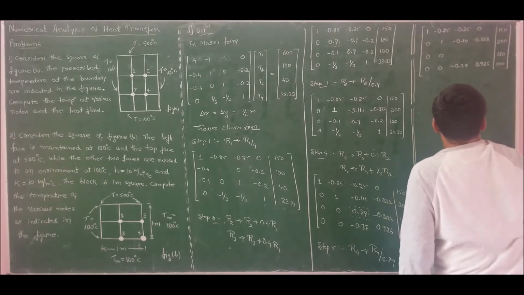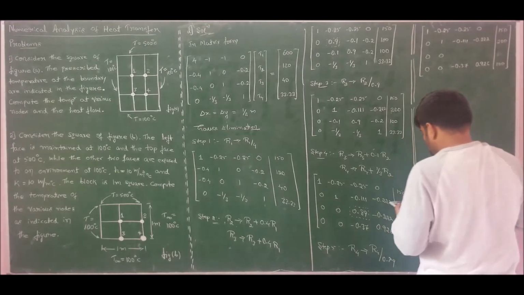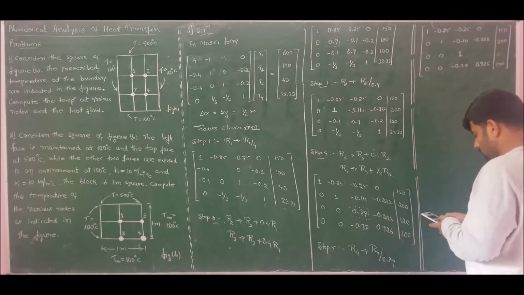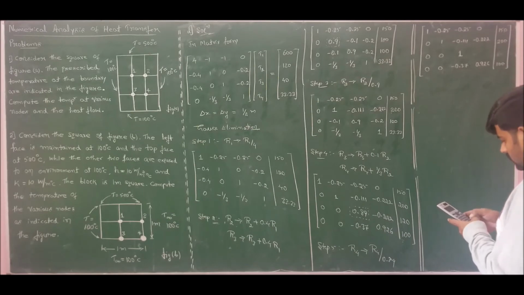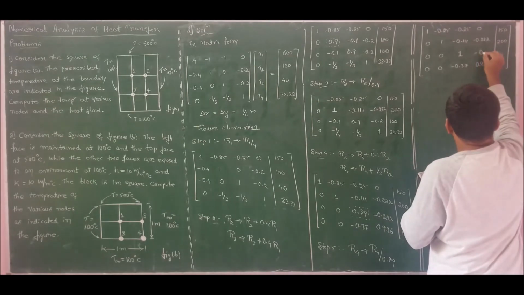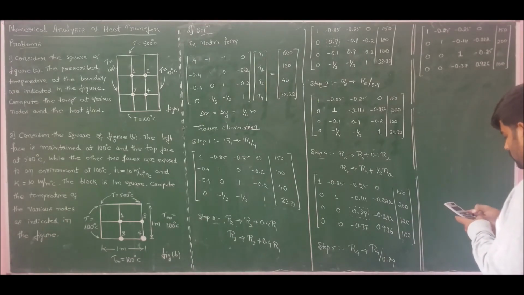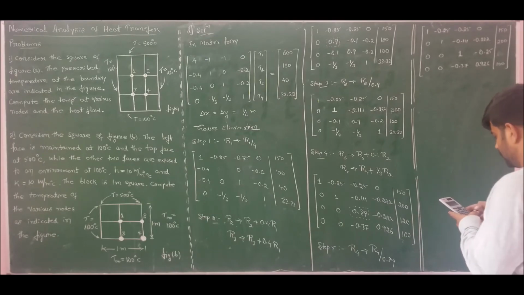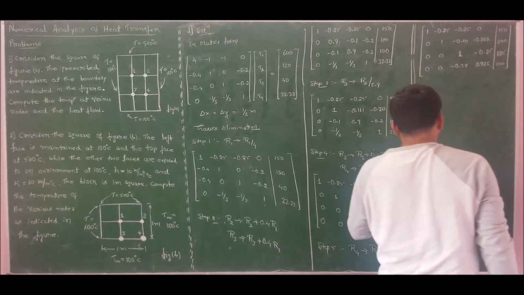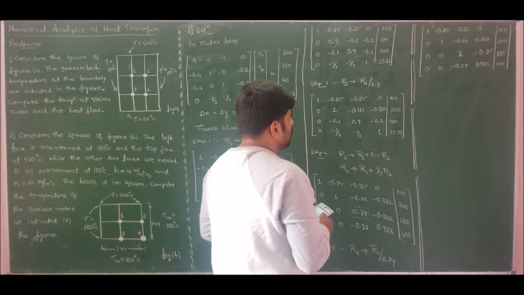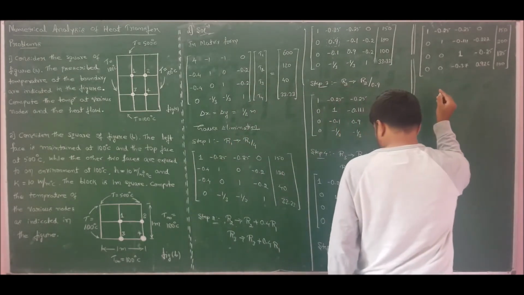So if we divide it by 0.89, I get the answer as unity here. And we have minus 0.222 divided by 0.89, which is minus 0.25. Next we have 120 by 0.89, which is 135. You can take it as 135. So now I should make this term as 0. That completes the forward elimination.